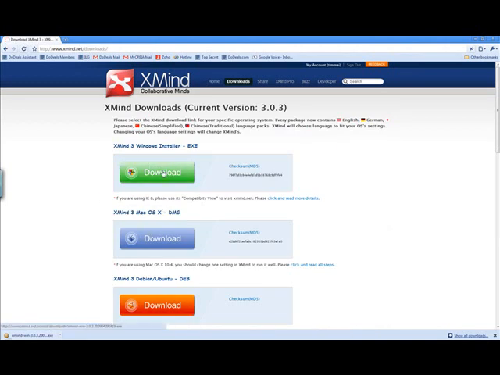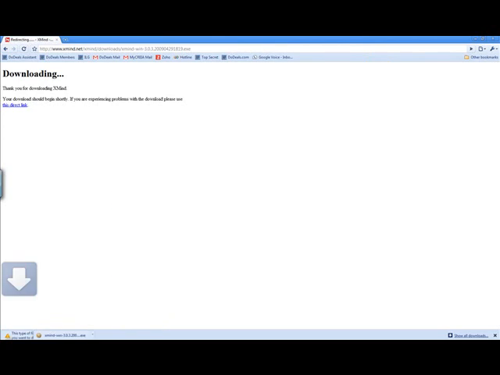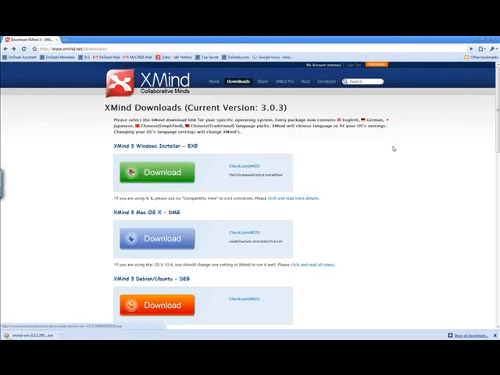I'm going to click on this green one, and then it just downloads, and you can save that and then install it. I think I'm already logged in, so that's why it's not asking me to.